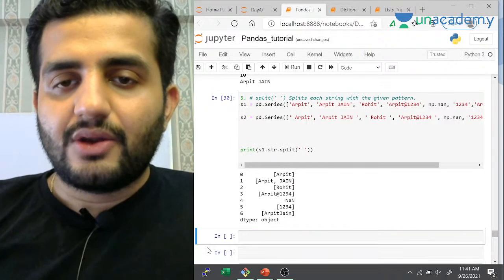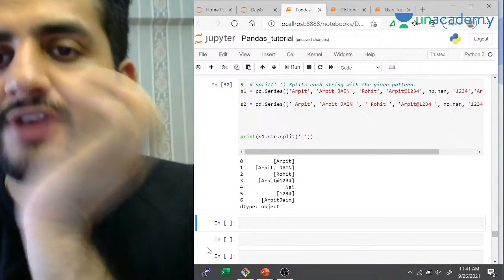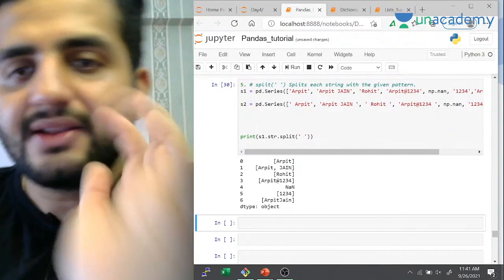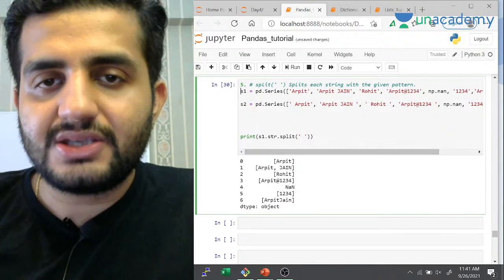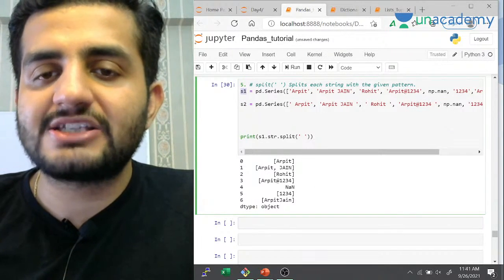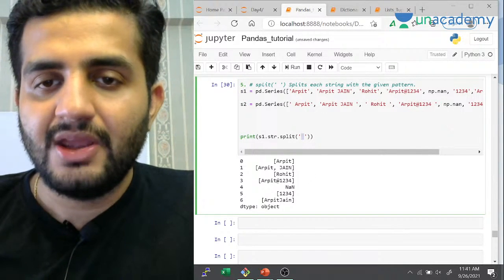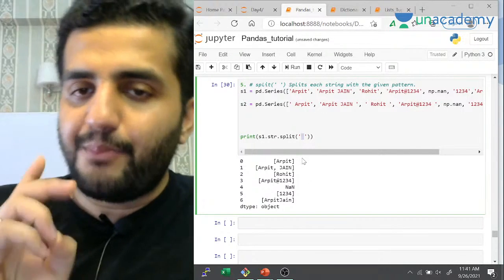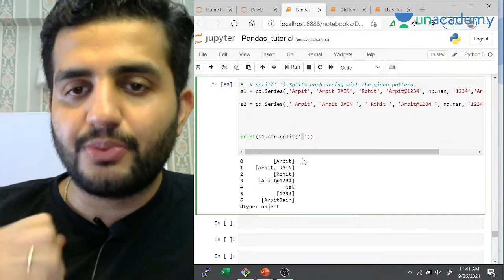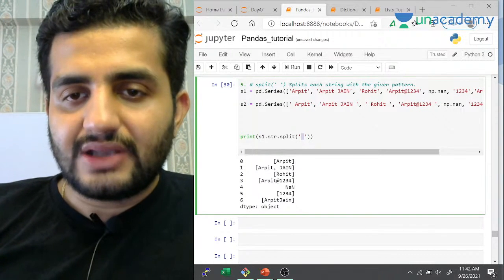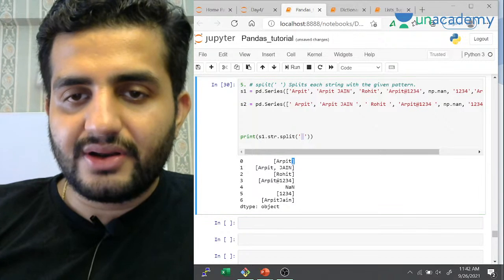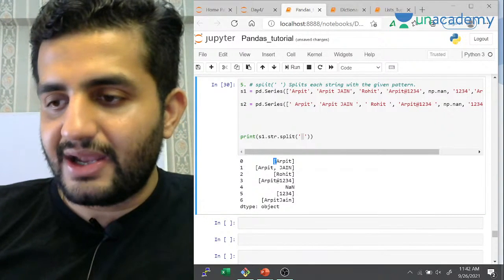Okay. Now can you see this, guys? So what I've done is I'm splitting the entire string based on what? Based on space. I've given space as the identifier here, right? The important thing to notice here, guys, is the output. First of all, did you notice the output has by default been converted into a list of elements?